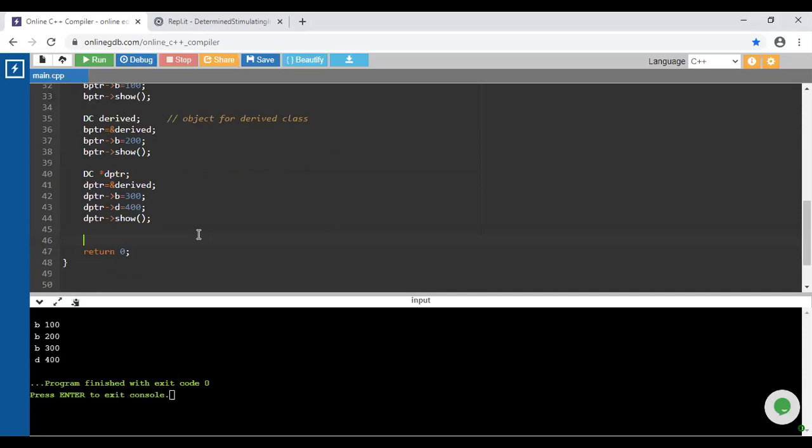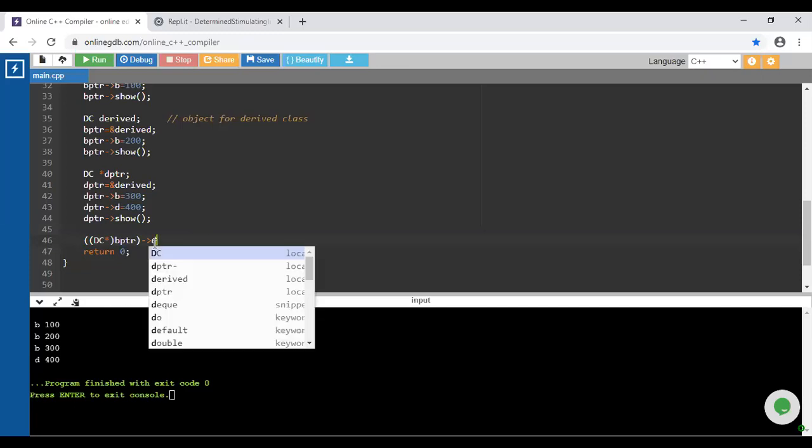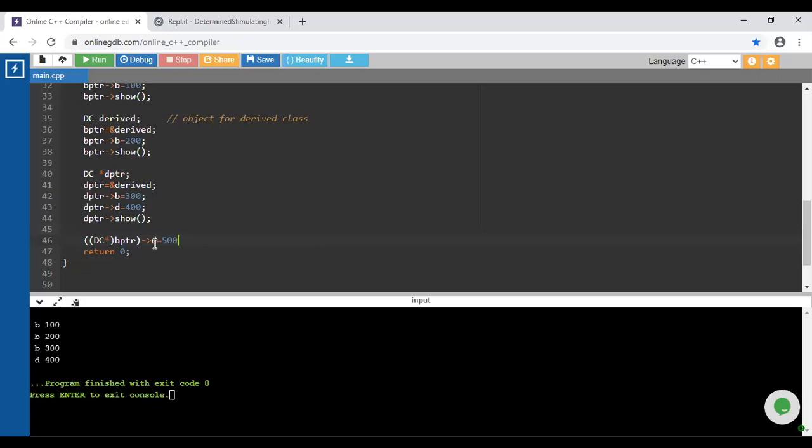Now the last conversion, with the help of typecasting. We are going to convert the base pointer variable into a derived class pointer, and with that initialize the d variable to 500. Again convert the base pointer variable into a derived class pointer and call the show method.